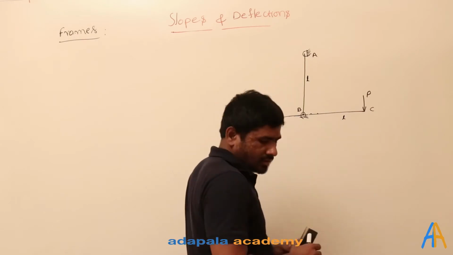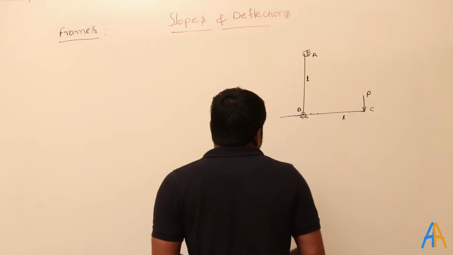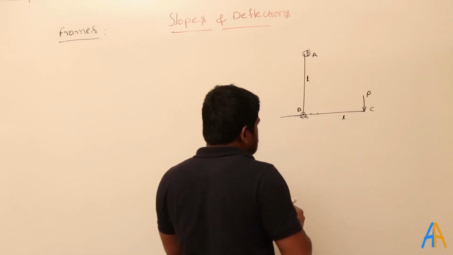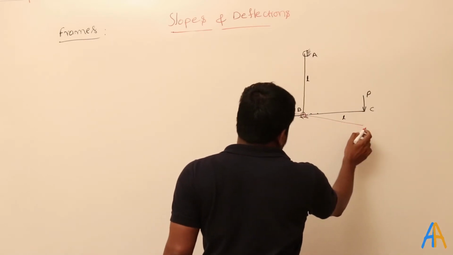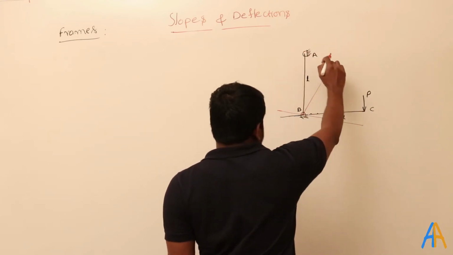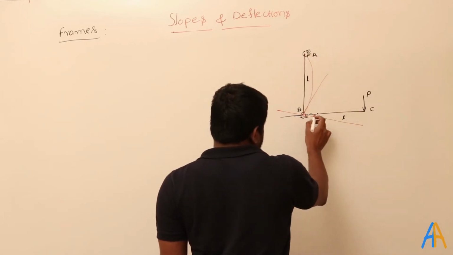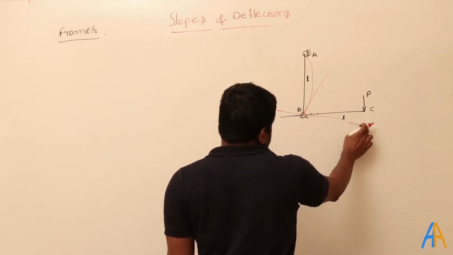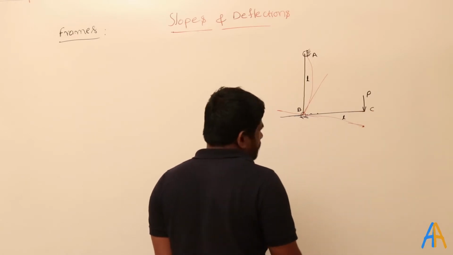So here what is happening when I turn this: this will try to rotate like this. When it is trying to rotate, this also tries to rotate like this, if it is not fixed here. Since it is fixed, it will bend like this, and then since here it is fixed, it will bend like this. That is the final position of this. So what is the final position of this point P? That is what we need to find out here.